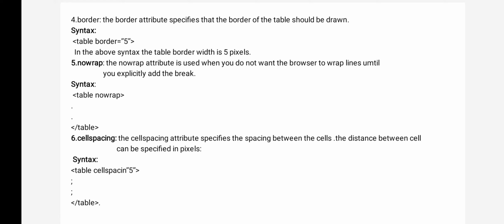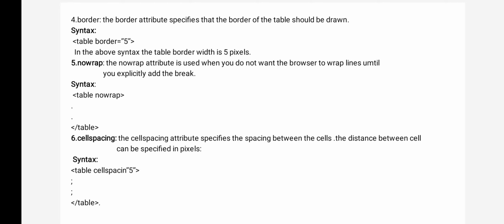Now the next one is nowrap. Actually, this nowrap attribute is also there in an Excel sheet. In an Excel sheet we have cells, and in each cell, say, you can enter a maximum of 8 characters. If you enter more than 8 characters, what happens? The remaining text is there, but only the 8 characters are visible. That is called wrapping. But if you don't want to wrap your content, and you want whatever content you entered to be visible to your viewers, then you should give nowrap.